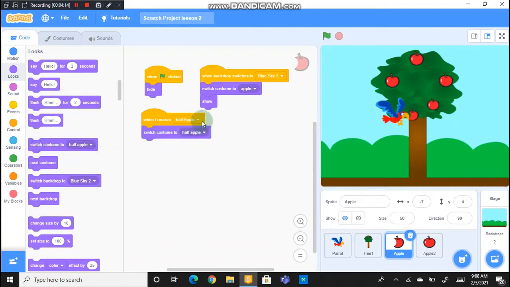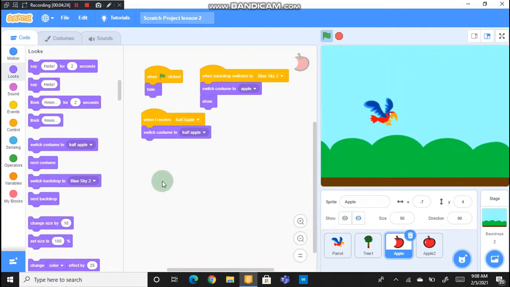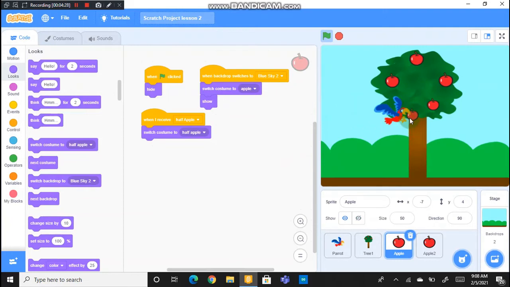So when it receives half apple, it has to switch the costume to half apple. So now let's run this program and see. The parrot is moving. Here the half apple is now shown. Before, you can see it was a full apple, and when the parrot has bitten the apple it is now half bitten. Now we have done the apple section.